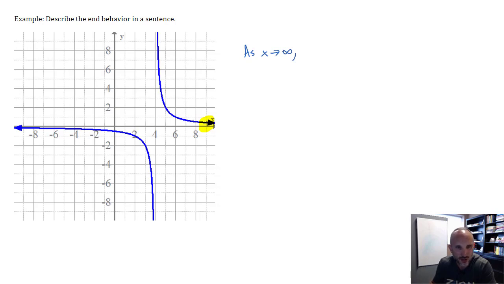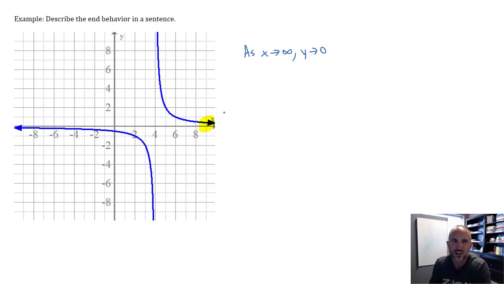Y is getting closer and closer to 0 again, right? It's not going up or down, it's getting horizontal and getting closer and closer to 0. Now, of course, I'm making an assumption here, and I know a little bit about this function. You might think that this graph is going down forever, and that would be reasonable in this case. But I can see over here on the left, my graph is getting closer and closer to the